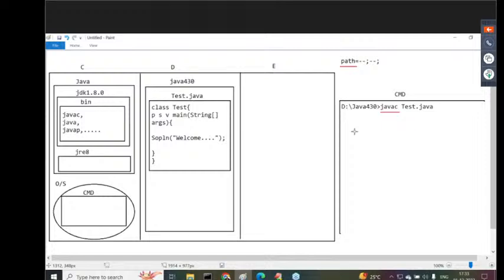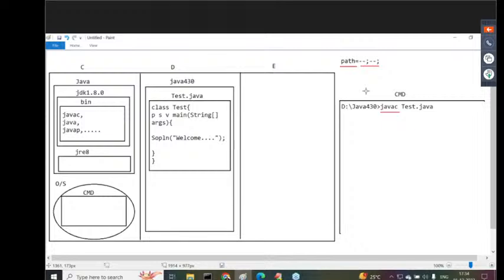To know the location where the javac command is available, the operating system will come to the path environment variable. Now, in the path environment variable, how many locations are available? Two locations are available. The operating system will go to the first location and then the second location, where it will search for javac. If javac is not available even at the locations referred to by the path environment variable,